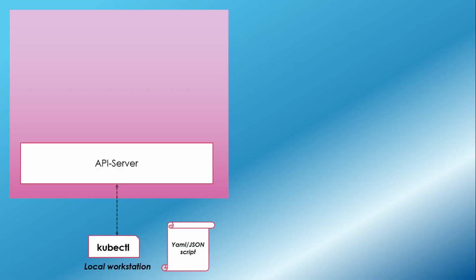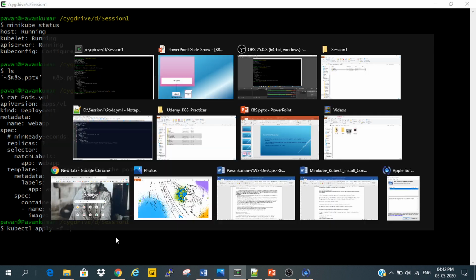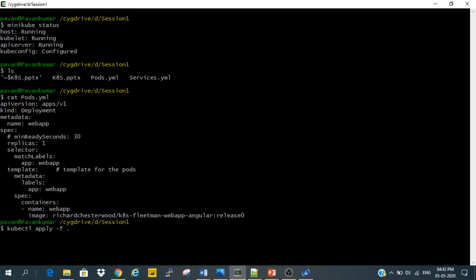Till now we didn't inform the API server to take care of our manifest. Okay, now I am telling. See what happens? Deployment.apps/web-app created and service/fleetman-web-app created. This is the service we have written. See, I told you, right?